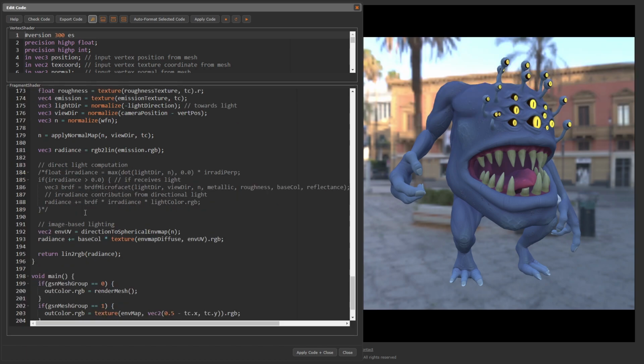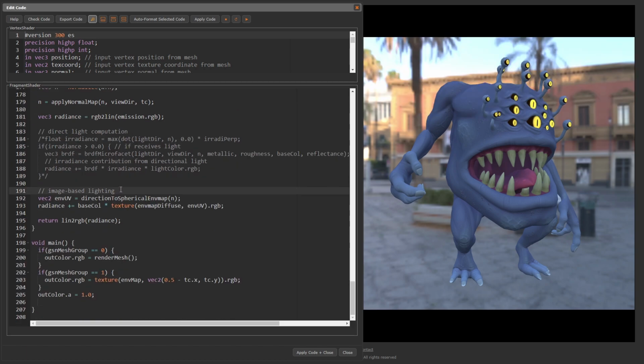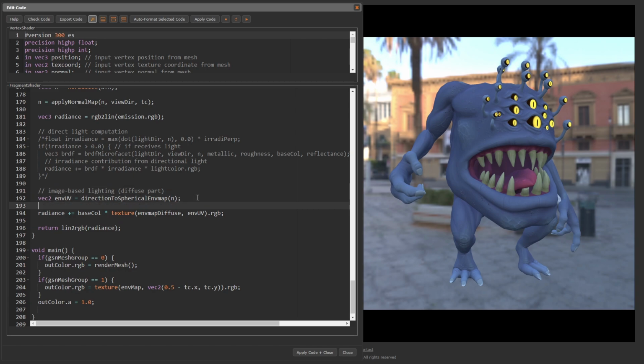Now we scroll down to the code that performs the image-based lighting for the diffuse part. For metals, the diffuse part must be 0. So we put Vec3 rho d equals 1.0 minus metallic times base color, and replace base color with rho d here.